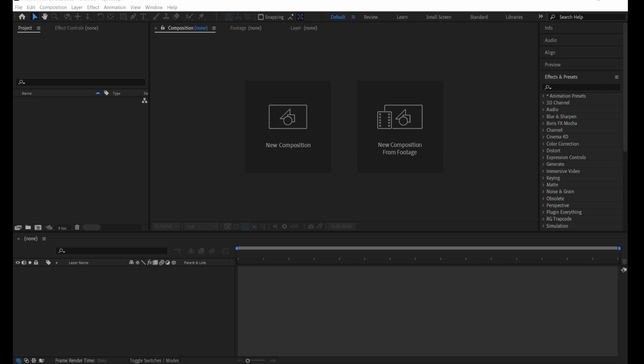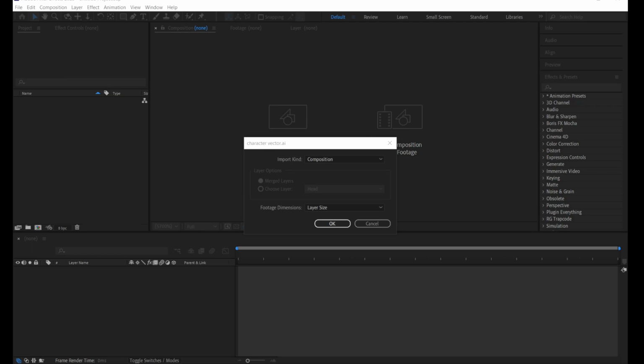For today, it's going to be a little bit different. We're not going to create a composition. We're going to make a composition based on the Illustrator file that we have. And also, it's going to be a little bit different from importing just a JPEG file or footage file because we have to select specific options. So first, when you click and drag the Illustrator file over to After Effects,